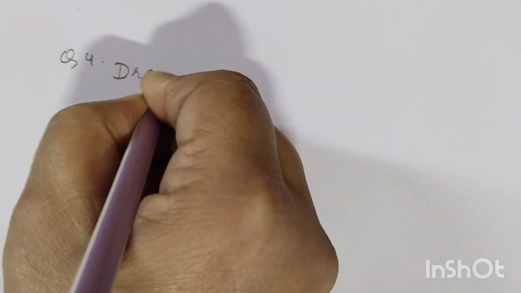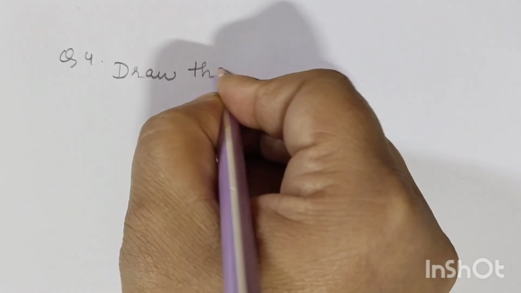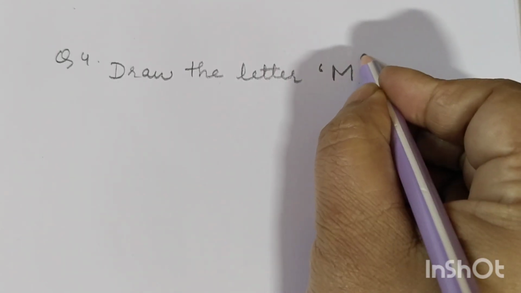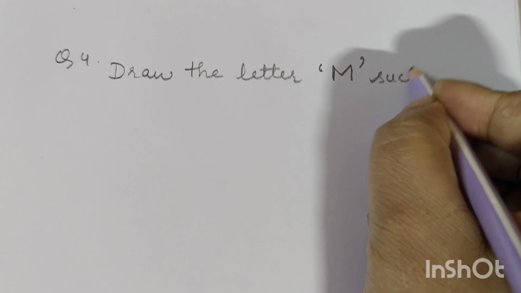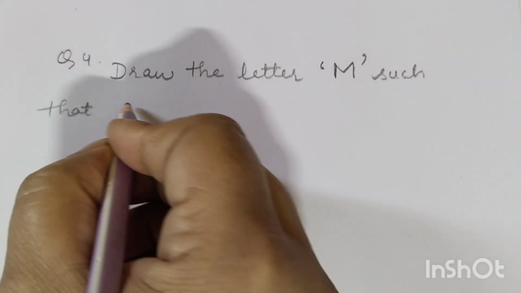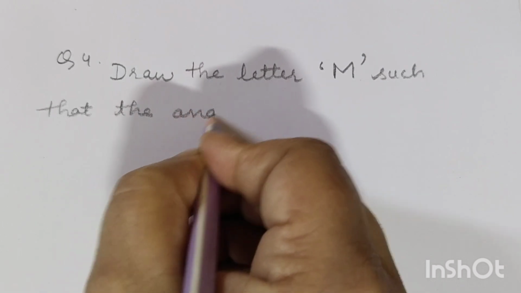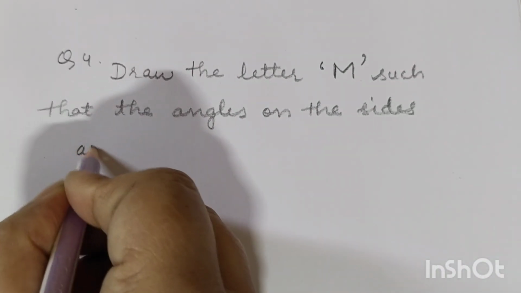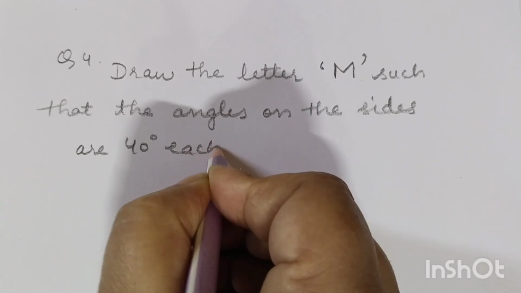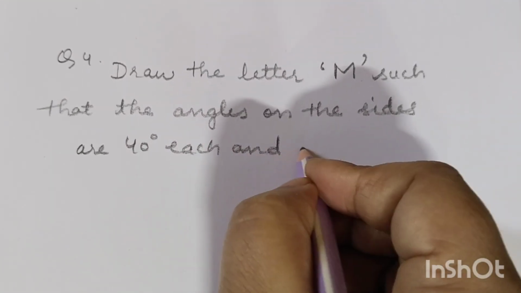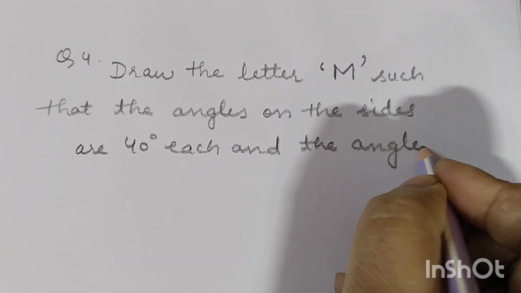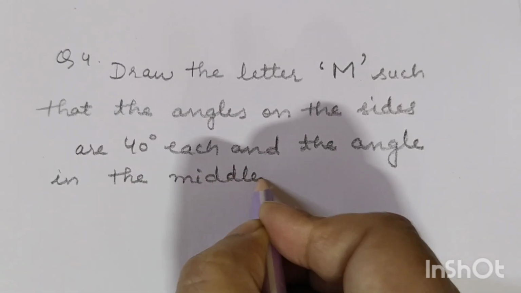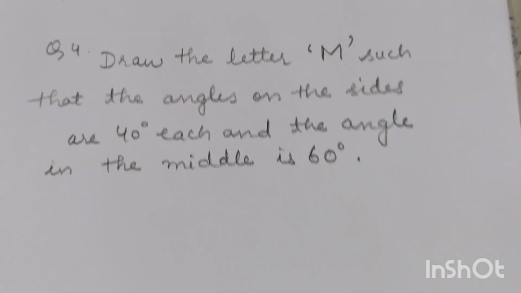Draw the letter M such that the angles on the sides are 40 degree each, and the angle in the middle is 60 degree. Now look here,